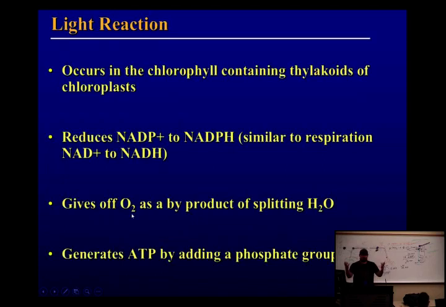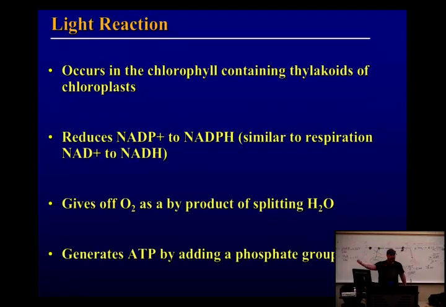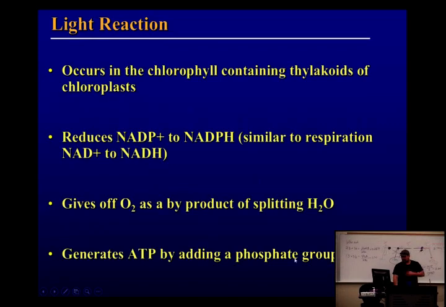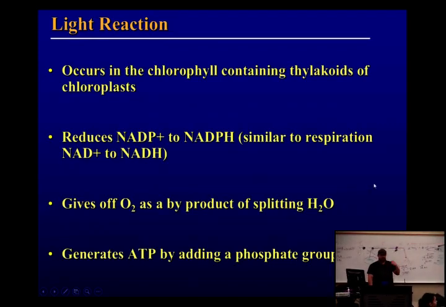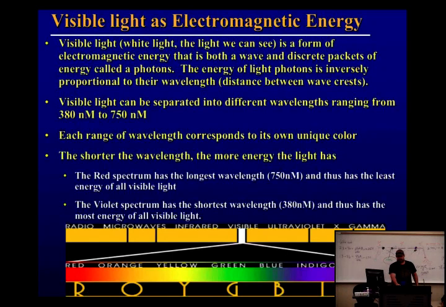But the idea of fuel cells came from cellular respiration, because what are you doing to make energy? Combining hydrogen and oxygen. And what's the byproduct? Water. So that's what those cars make. Anyway, it generates ATP by adding a phosphate to ADP, and it does it exactly the same way as we did in electron transport.